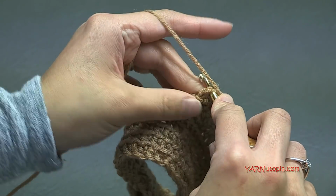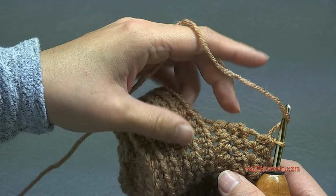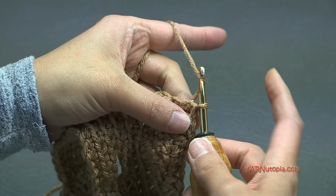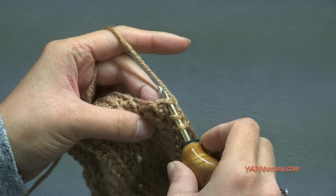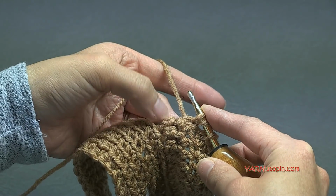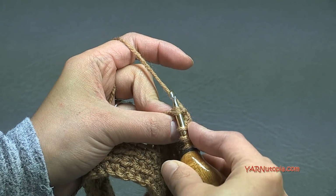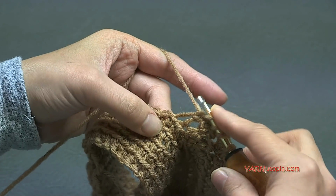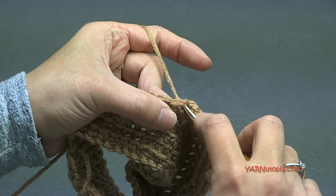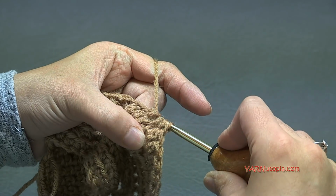Alright, just finishing up this row. So when you're on the very last stitch, we're going to actually double crochet together, like 3 or 4 stitches, depending on how much of a space you need to go. So what we're going to do is yarn over, go into the very last stitch on this row, yarn over, pull through, hold those 3 loops on your hook, go down this side to like this stitch right down here. Okay, go down the side and go around that stitch, yarn over and pull through, and then go down to the very next stitch on this row, down here, into that stitch, yarn over, pull through. So now we have 5 loops on the hook, yarn over, pull through all 5 of those loops,